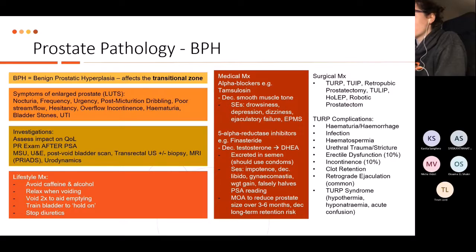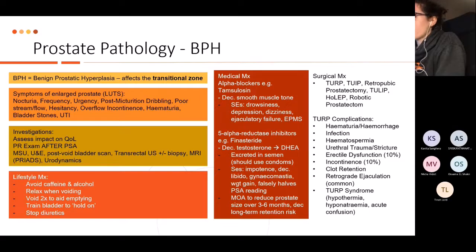It's really important to make clear to a patient that the latter, the finasteride, usually takes 3 to 6 months to go into effect. So the tamsulosin is kind of a symptomatic instant thing. The finasteride is a long-term benefit. Finally, if that's not working, you can go for surgery. TURP is the most common, but as you can see here, there's lots of variations of TURP and all sorts of things that they do these days.